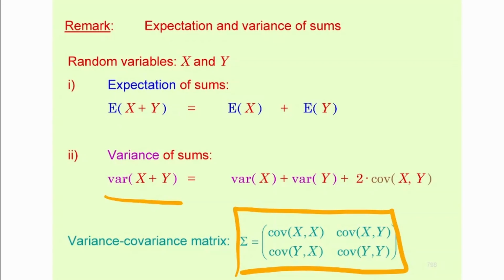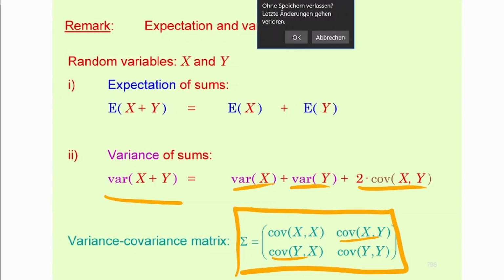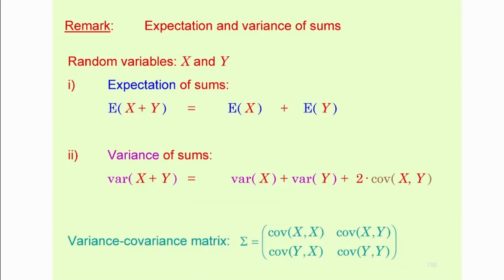If you remember that, then this is going to imply, of course, that in the case of 2, you have the variance of the first plus the variance of the second plus 2 times the covariance of the 2, because you have them here on the other diagonal in this case. You understand the point? So the variance of a sum is going to be equal to the sum of the entries from the variance covariance matrix. This is how you can generalize it. Okay?